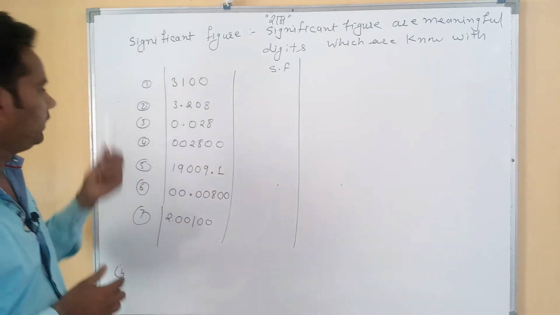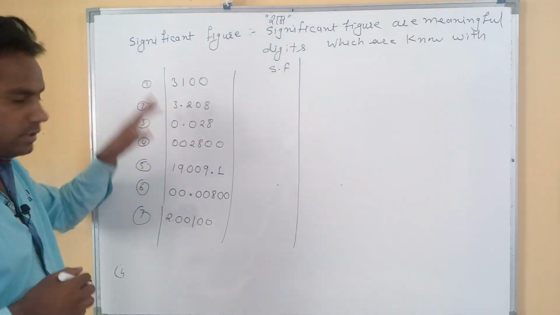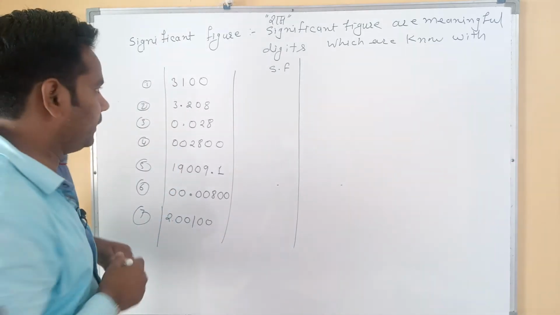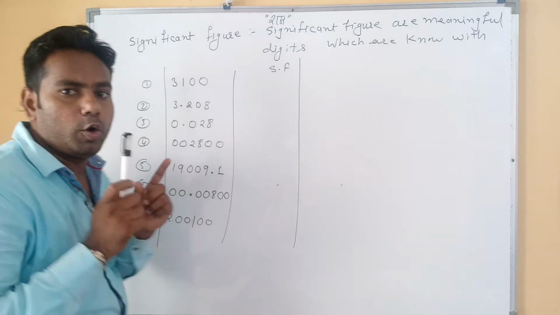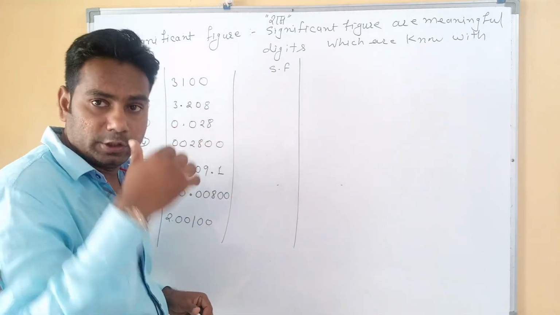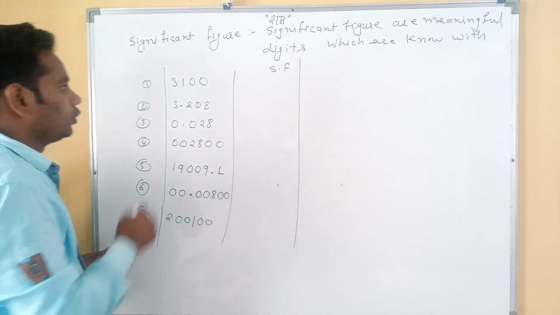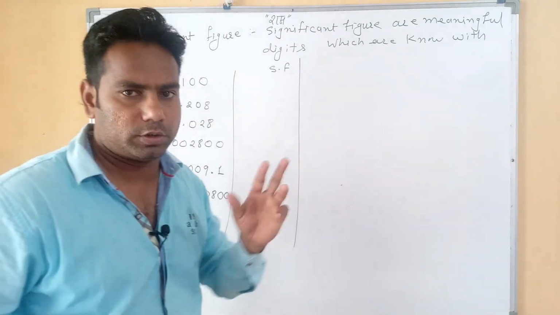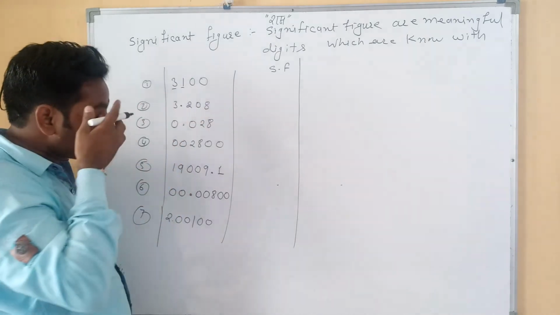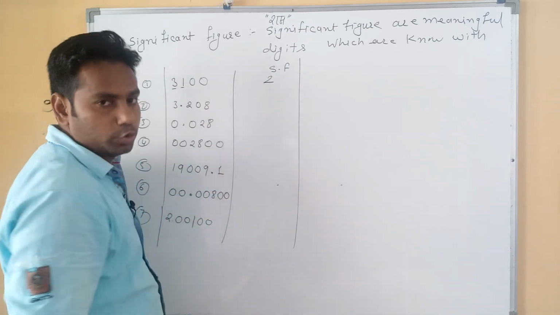Okay, I think 7 examples are enough. Okay, I think you have already solved these problems. Okay, how many significant figures are there? So we know that all non-zero values are significant. Second rule: if a zero is present between two non-zero digits, it is significant. Is a decimal point present? No. So the third rule is not required here. So only 3 and 1, 31, are significant. So our total significant number is 2.